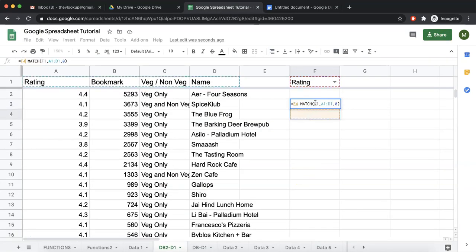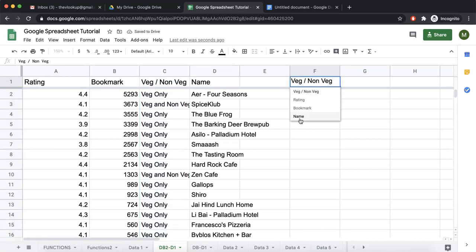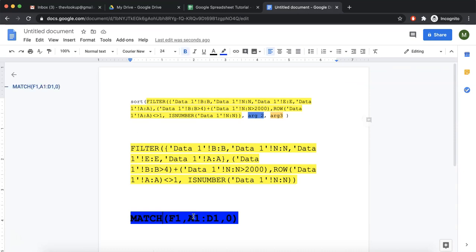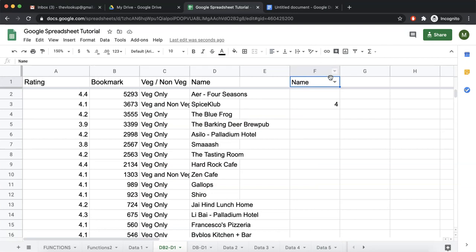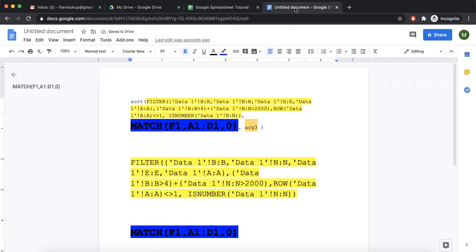Now this is exactly giving the same thing. Rating is first column, veg non-veg is third column, name is fourth column. So if I copy whatever value we are getting from here, and replace that with argument 2, this will always give the column number of whatever we have selected over here.